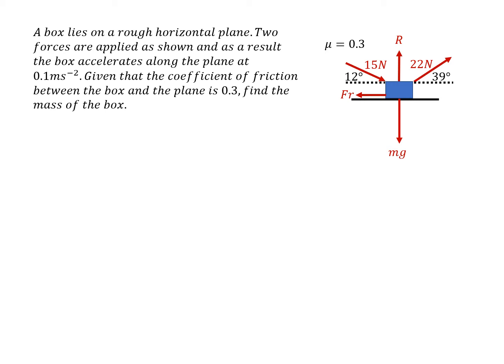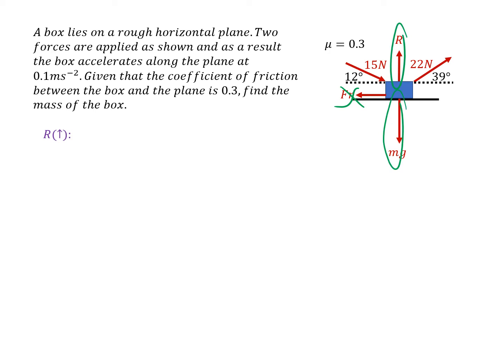And what should we do first? Well, I think that if we resolve perpendicular to the plane to start with, we can find the normal reaction, and that we can then use to find the friction. So that's the way I'm going to do it. So resolving perpendicular to the plane, the friction has no component perpendicular to the plane. R and mg are both